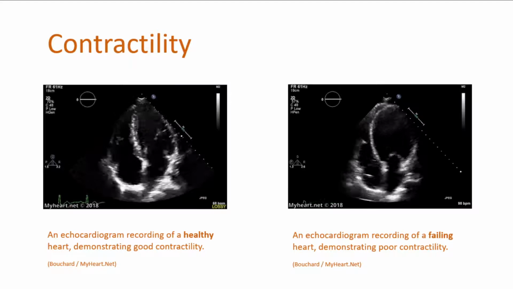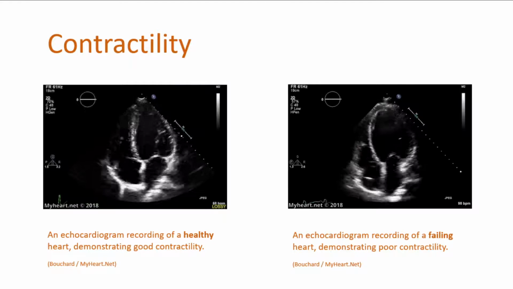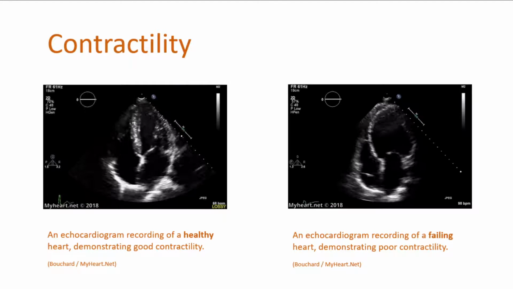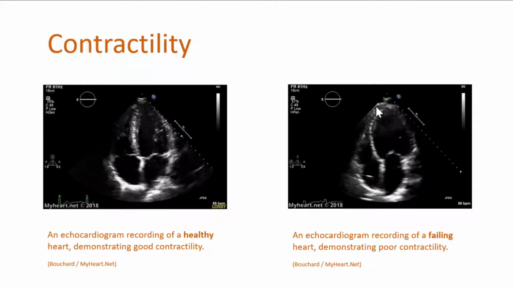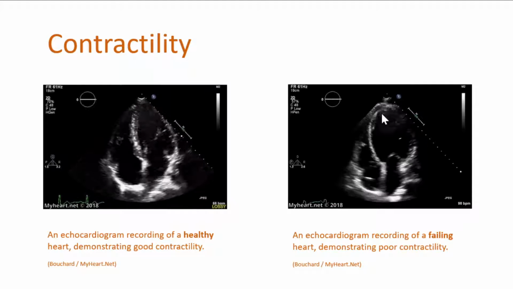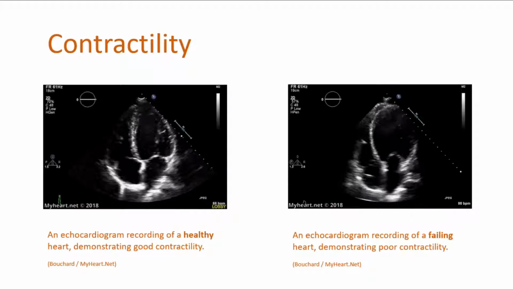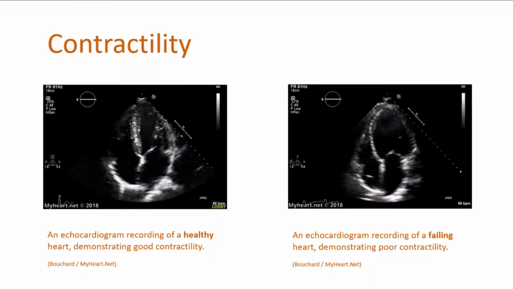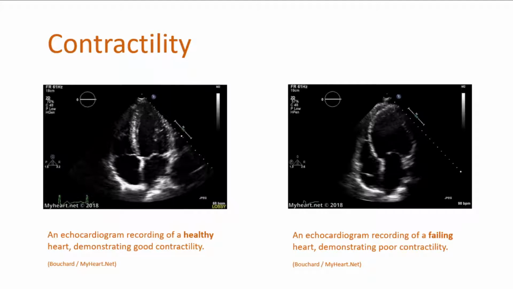apex. This might be ejecting anywhere between about 50 and 70% of the end diastolic volume within the left ventricle. Now, if we contrast that with the one on the right-hand side, we can see that neither of these walls are moving particularly well. There's barely any movement towards the apex down here. This is a really poorly functioning, failing heart that might only be ejecting, say, about 20% of the volume within